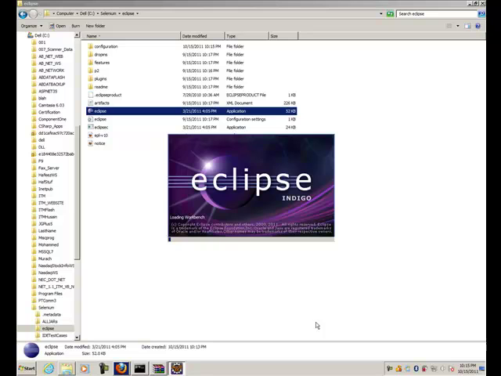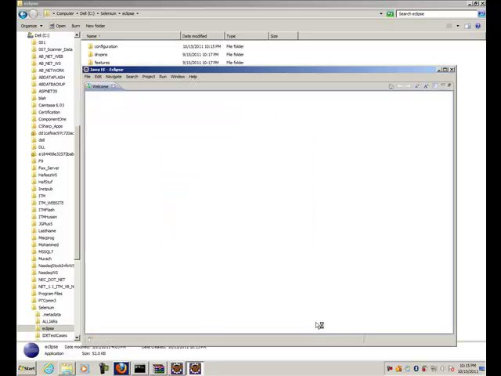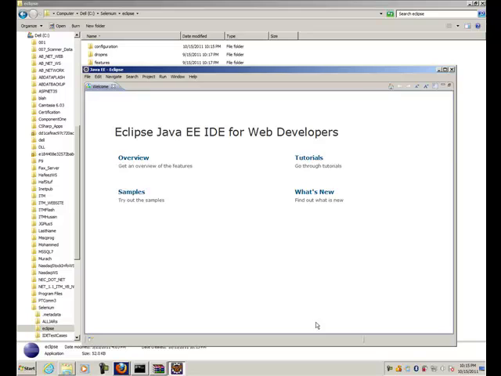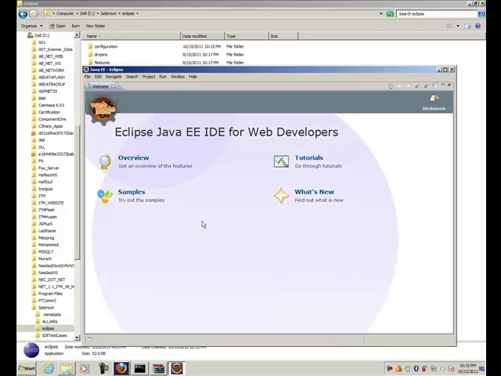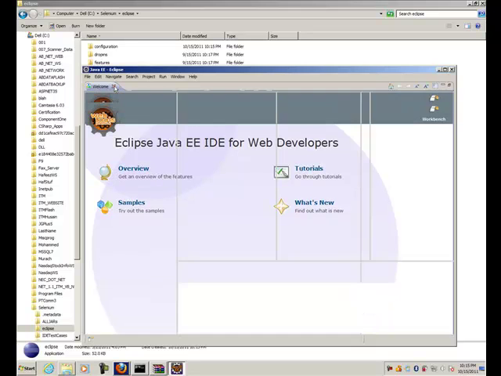programs. It is loading and almost beginning to launch so that we could see how it looks. Again, it is nothing but an IDE. It's a tool which will help you to write Java code. As you can see, there's a dashboard in here which gives you the option of looking into some tutorials. You could have an overview, look into some of the samples, what they have done, and what's new in this version. I'm going to X out of this so that I could go right into the tool,